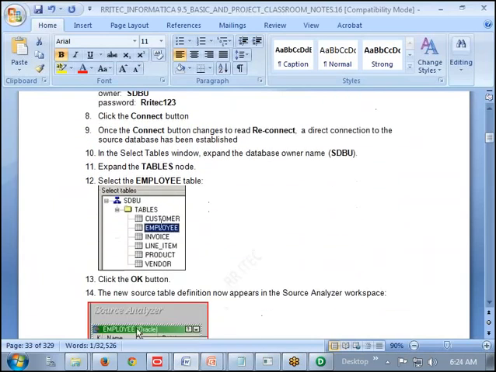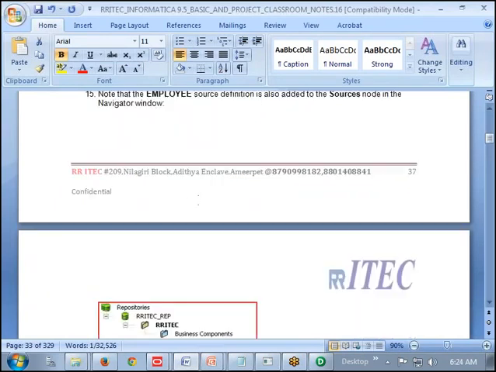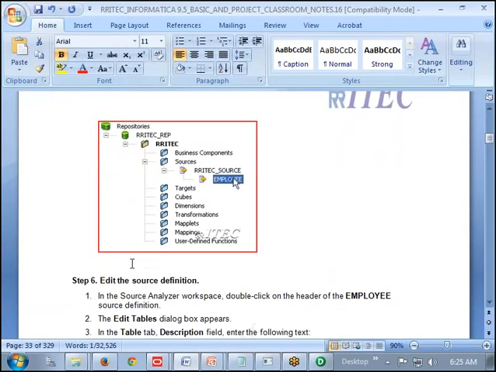Click on the connect button and we are trying to import whatever tables you want. This is the table we are going to get. Note that if you want to import all the tables, you can import them too. First let us finish step 5 whatever is available.